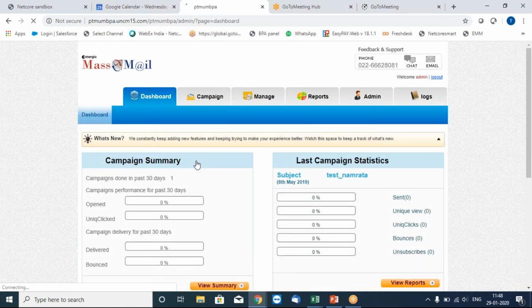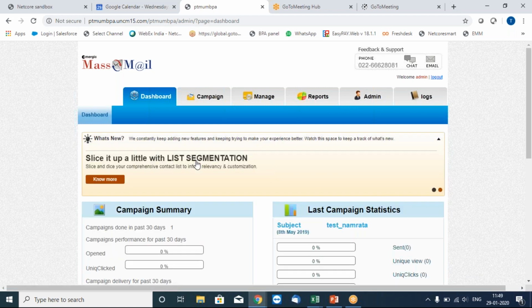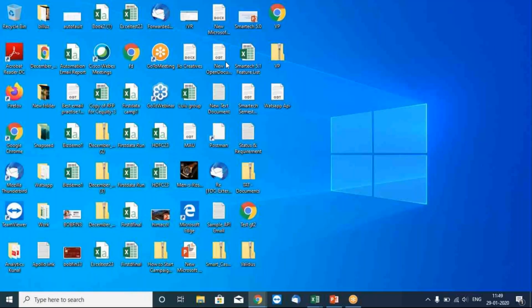So as soon as we log into the system over here, the first thing that we have to do is to upload the contact list. The contact list basically would have the email address to which you're going to send out the email message along with the attachment, and also any personalized attributes that you want to send to your customers along with the mailer. You can use that also in the data sheet. A sample of that would be